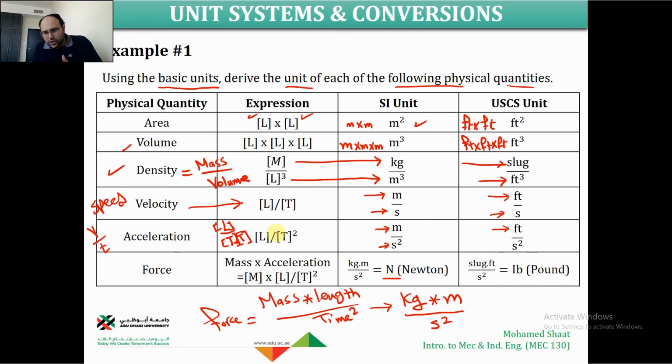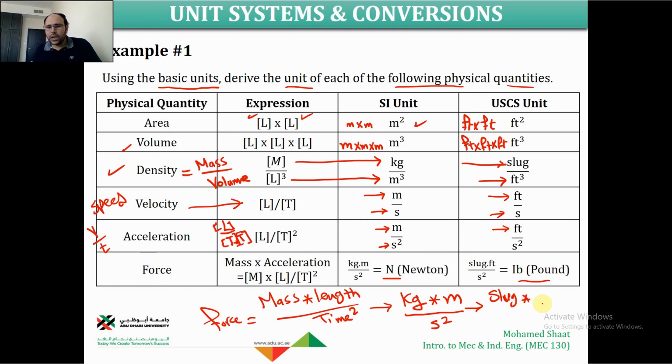But this is in the international system. In the American system, the force is measured in pound, which is equivalent to Newton in the international system. But how do we form the pound? If we do the same as we did for the international system, what is the basic unit for the mass in the US system? The basic unit for the mass in the US system is the slug,